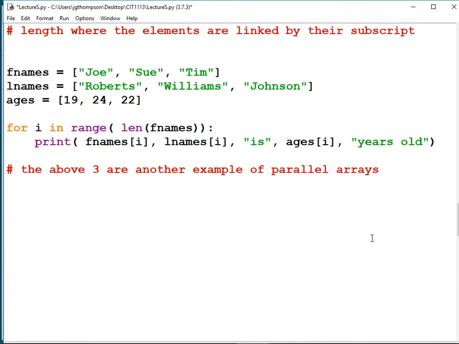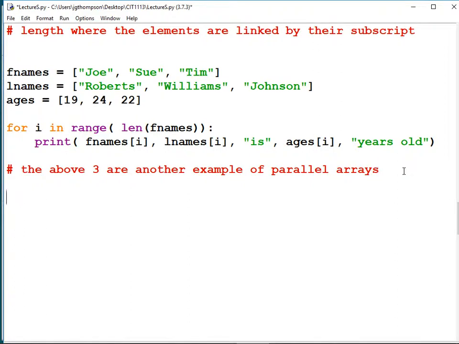Well, we're going to do something called a linear search. It's called linear because we're just going to do it in a line. We're going to start at the beginning, go to the end, and if we ever find somebody who matches that age, then we're going to print their name out.